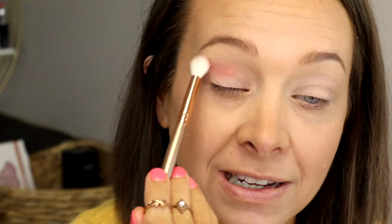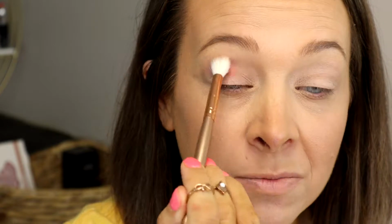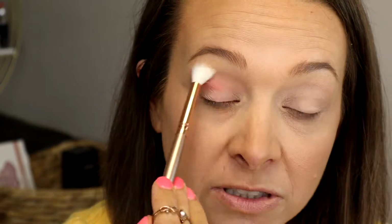I'm like, it's pretty, but it's not me. It's not for me. I don't do color, but I love this palette. It's so, so good. This color, I am going in and building it, but I'm going in very, very light-handed because I just want a touch of the bubblegum pink kind of look. I don't want too much of a pink look,